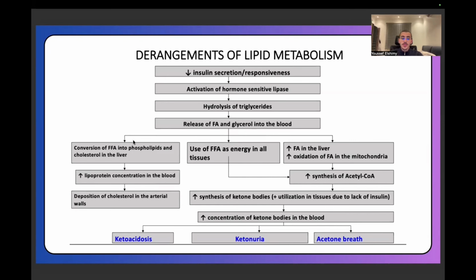These things happen because of the conversion of free fatty acids into phospholipids and cholesterol in the liver, and this would lead to the production of more lipoproteins, especially the LDL or the VLDL, and this would lead to deposition of cholesterol in the arterial wall, causing arterial atherosclerosis and hyperlipidemia. Also, the free fatty acid is used as energy in all the tissues,